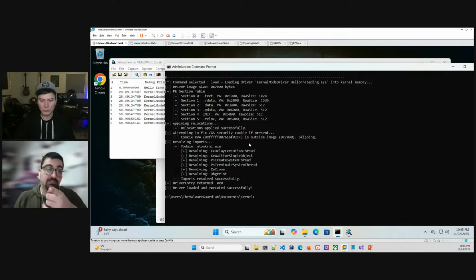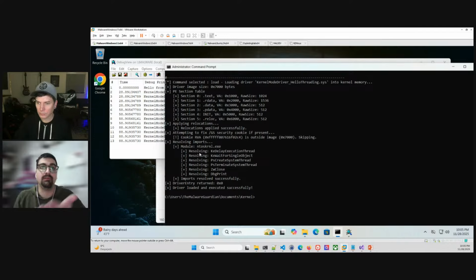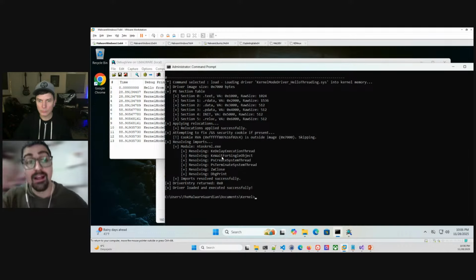So if we use the DXR runtime driver to see if something has failed, and if something has failed, we can solve it here. Maybe there is some external library that we don't know where it is, and we can use some functions, so we can realize that and change the kernel mode driver. Okay,